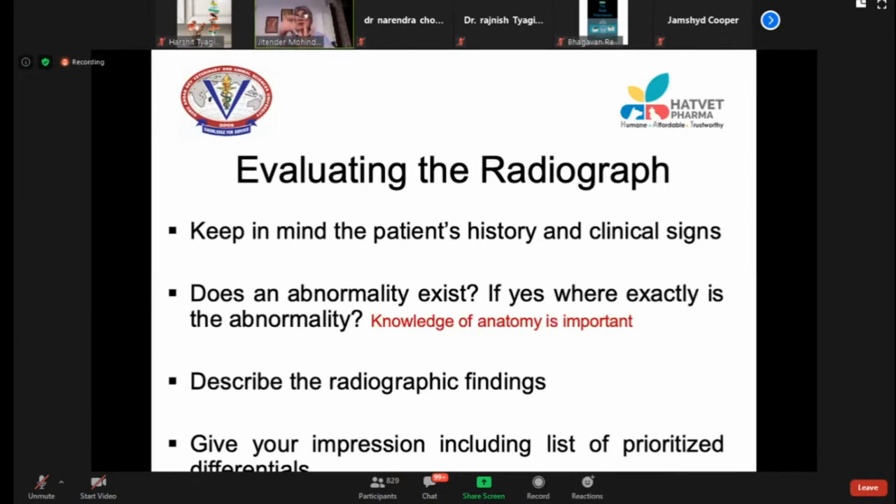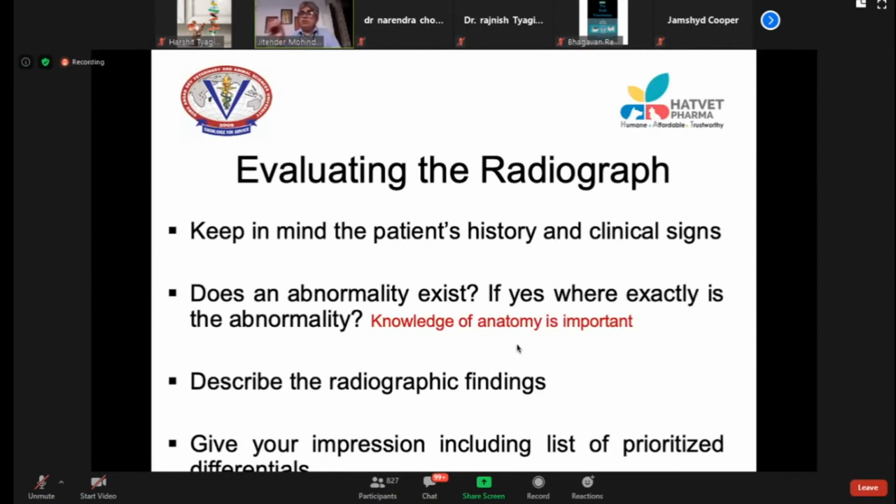These are digits, these are phalanges. In the forelimb we have metacarpals, in the hind limb we have metatarsals. Anatomy is very important. If you don't know the anatomy, and for the forelimb you write metatarsal, you're mistaken, or your diagnosis is wrong. So anatomy is a very critical thing. If you are doubtful, go back, see some anatomy book, no problem, nobody minds. Or you have internet on your computer, mobile in your hand. You can just open and see the anatomy of the forelimb, or maybe abdomen or thorax or whatever.